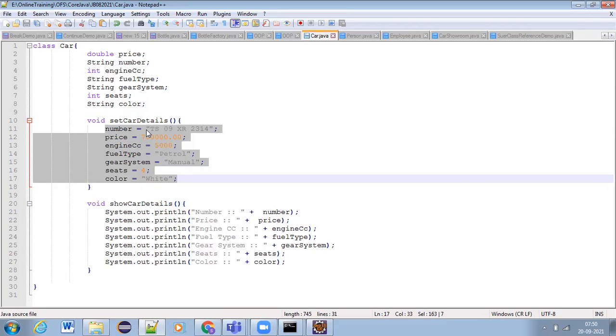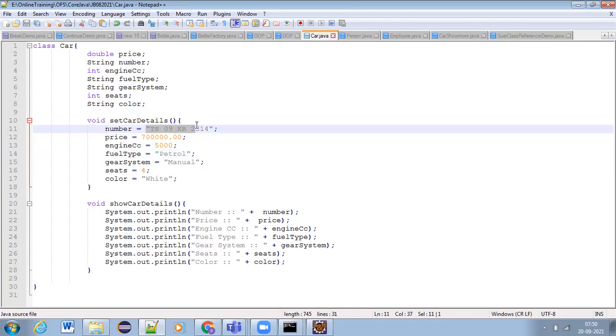So now what we need to do: if I write these values within the set car details like this, within the code itself, hard coded values within the car class, I am hard coding. If I write the values directly within the program itself like this, it is hard coding.